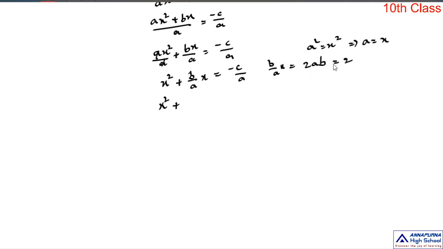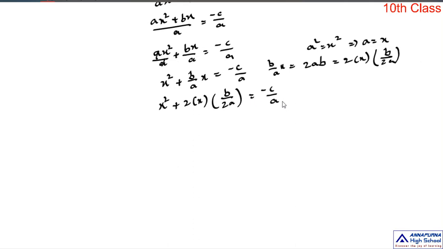So 2 is a constant, and a is equal to x, which we already assigned, and in the place of b we take b by 2a. Yes, it's b by 2a. The 2 cancels, b by a is there, b by a into x. So now b by a x is written as 2 into x into b by 2a,